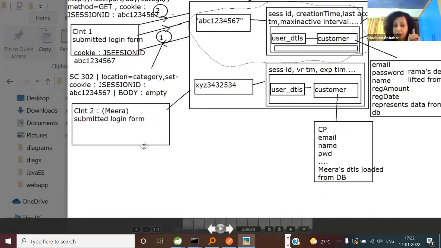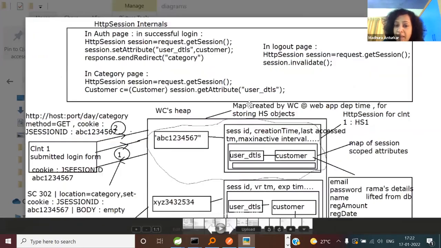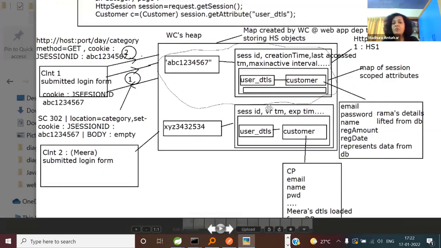Now tell me, listen to the last statement before we start the JSP assignment. So in this first request, in the fresh login, the cookie is sent. Cookie could be sent, but will it really matter? Let me say this properly. When you say again request.getSession, can your web container refer to this existing session object, or will it have to create a new one? I hope everyone is understanding.